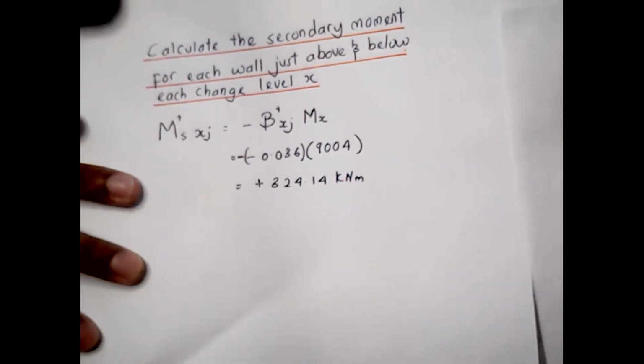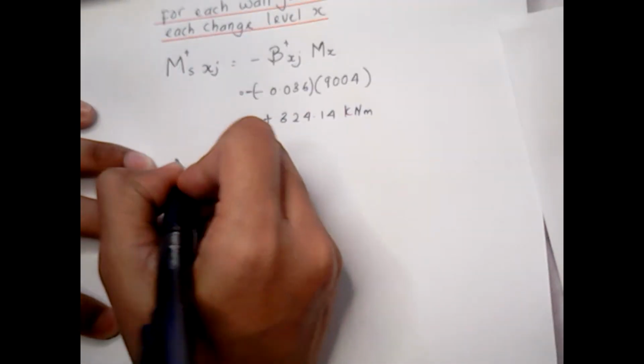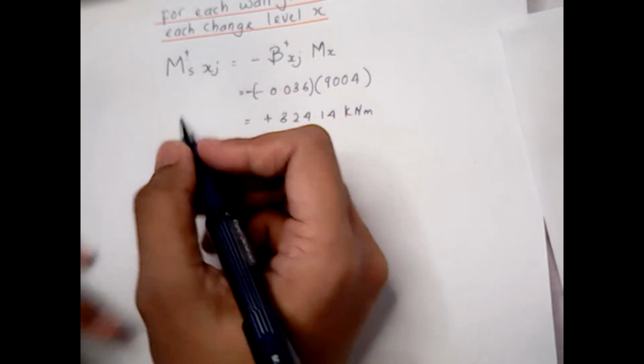The same way applies to calculate the secondary moment just below the change level. I will just show you one example here, so instead of using top, you are now